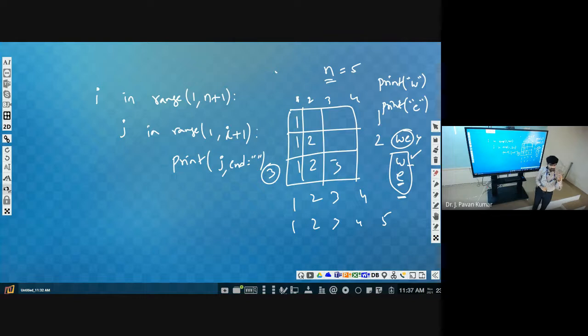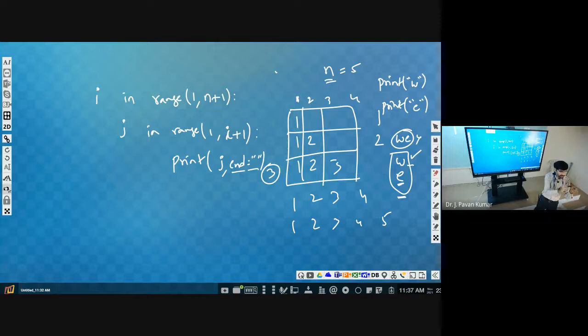By default, if you don't specify anything, it will end with a new line. Then we need not specify end equal to new line. If we don't specify anything, by default it will consider new line.